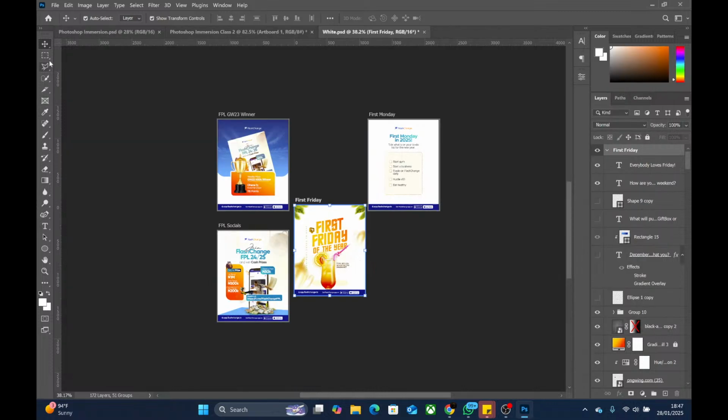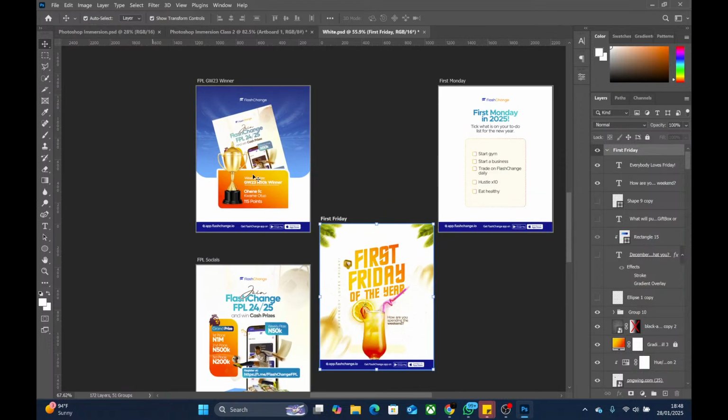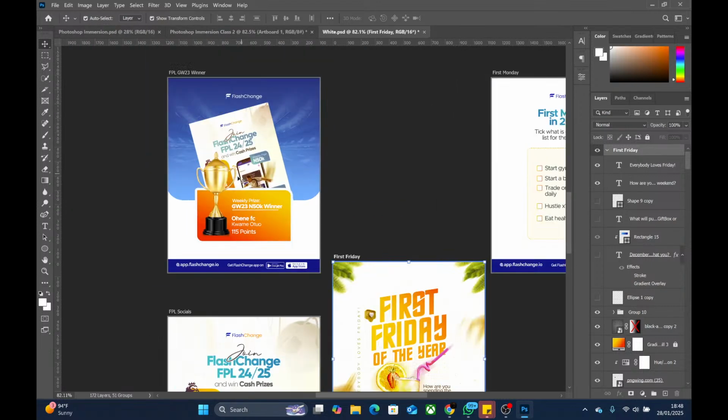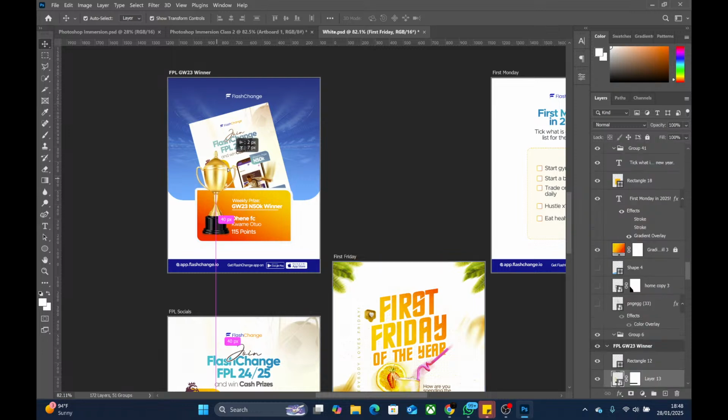Right here on the move tool, whether it is on or not, please look up and follow my mouse. Up here you see auto select. There's a checkbox beside it. Anytime this auto select is on and active, you can easily click on any element in your design and it will move it around. So can you see I'm moving that trophy PNG image up and down the screen?